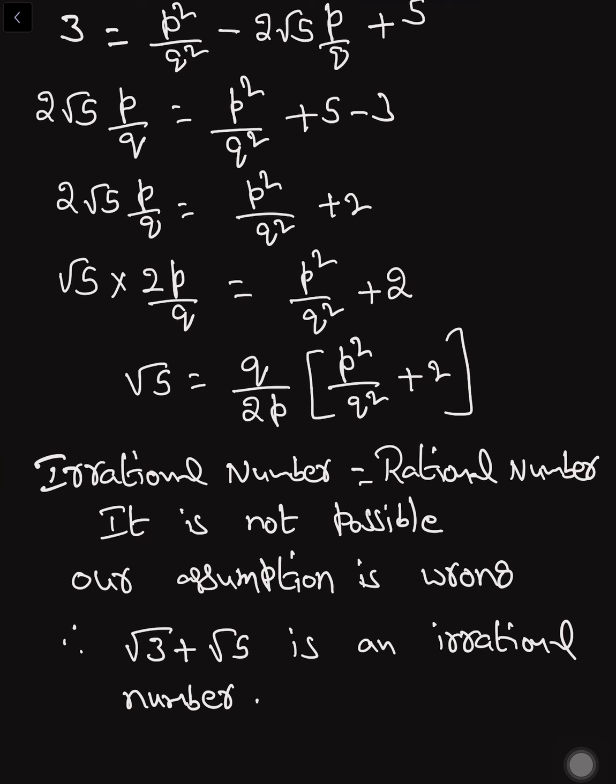Then in the third step, you rearrange the numbers. In the fourth step, you will get a contradiction. In the fifth step, our assumption is wrong. So you can prove the given number is an irrational number. Students, practice these